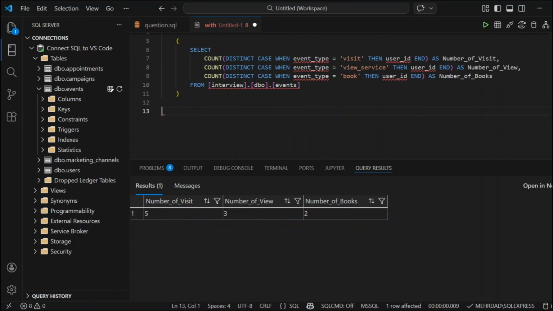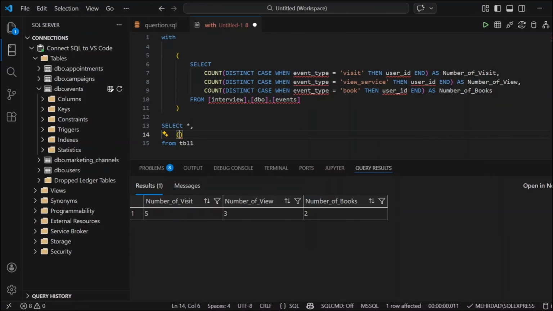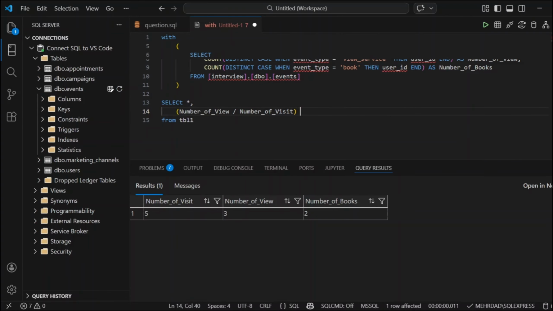Everything is here. Now I can say select everything from table 1 that we just created as a CTE. Here I can create 2 columns, because we have 2 percentages: the percentage of those people from visit to view, and from view to book. First of all, I'm going to find the number of the view divided by the number of the visit, and I call it